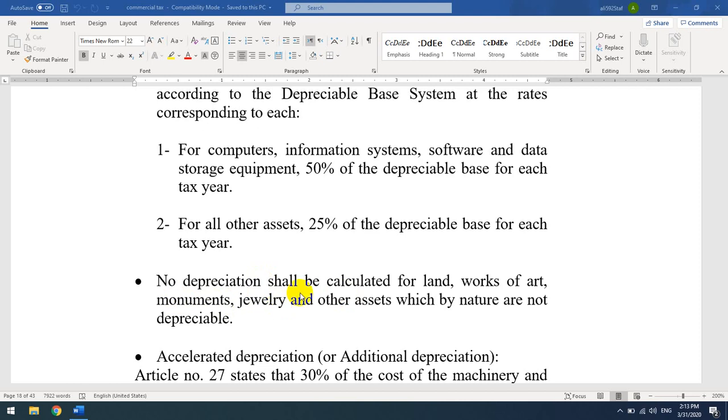Note that land, works of arts, monuments, jewelry, and other assets which by nature are not depreciable will not be depreciated. No depreciation shall be calculated for land and works of arts and such. So it is